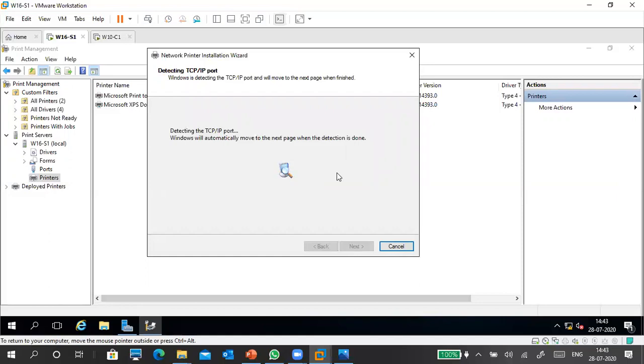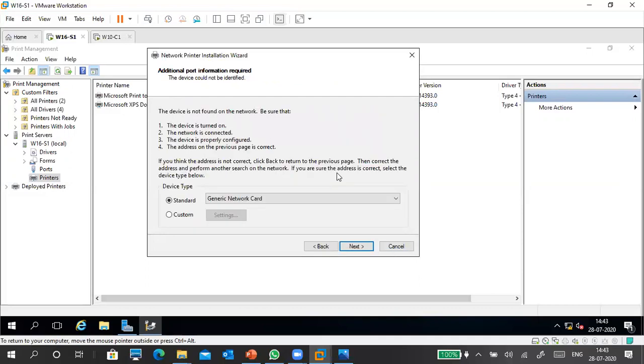Let it find. Okay, now we can see generic network card, correct? Keep it like that only.